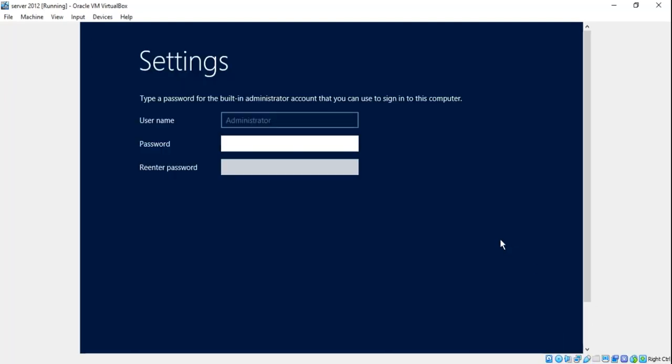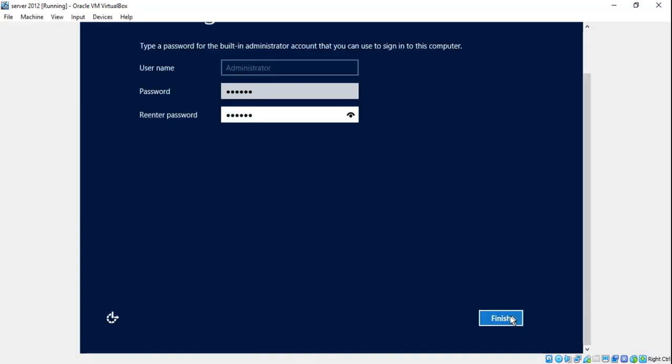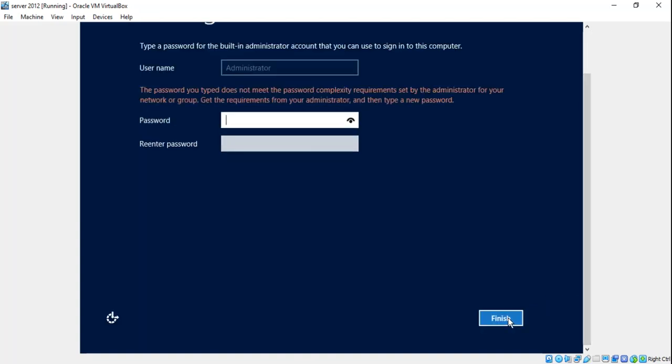Process has been completed and now it says type a password for the built-in administrator account. Okay, so give a strong password here. So I will use 1 2 3 4 5 6. Again, re-enter the password. Okay, and now click on finish. Okay, it says the password you typed does not meet the password complexity requirements.